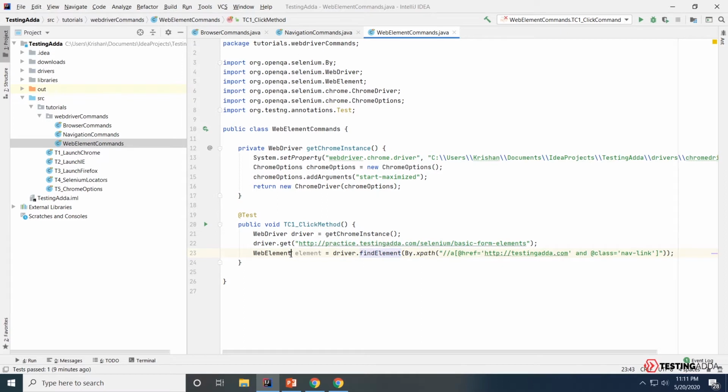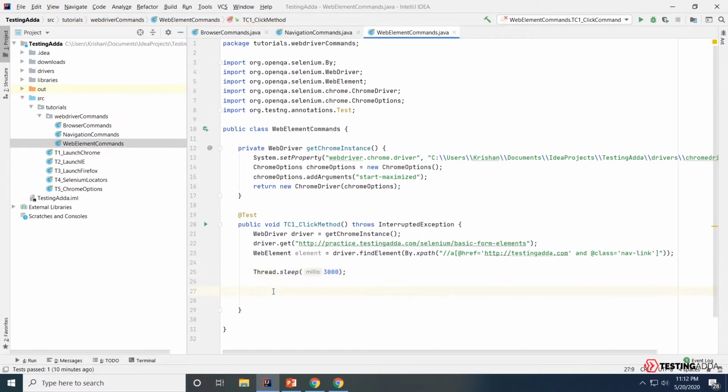I have accepted the value in the element variable that is of type web element. Now I am going to give it a wait just so that we can actually see what's happening on the window. So I'll say thread.sleep and give it 3 seconds of sleep or delay.